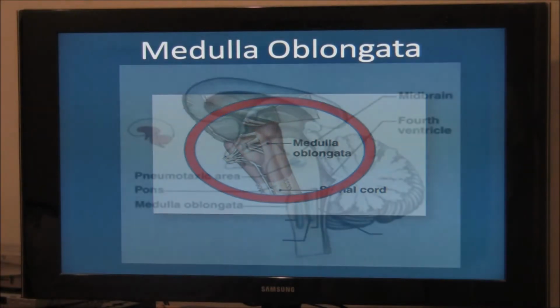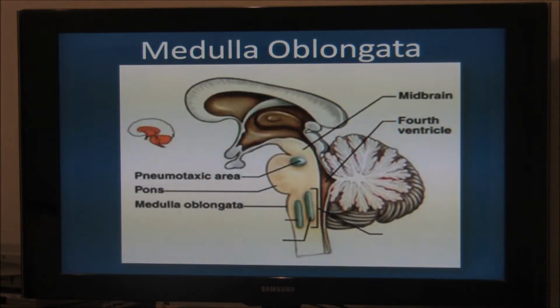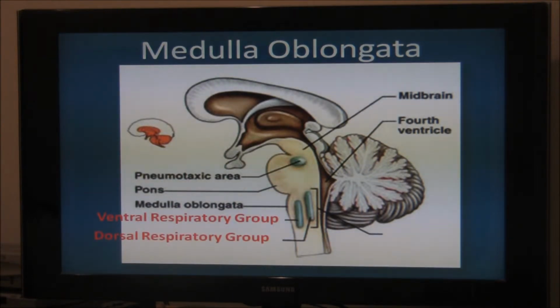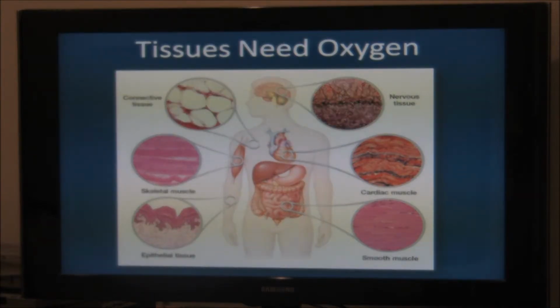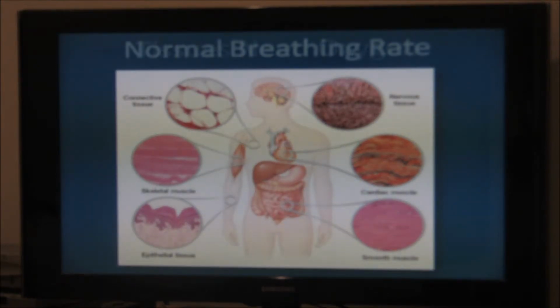And within our medulla, there are two respiratory centers, called the ventral respiratory group and the dorsal respiratory group. They make up the medullary rhythmicity area. Our tissues, muscles, and organs need oxygen to function. And as you sit here and watch this video, you're breathing at a normal rate of 18 to 20 breaths